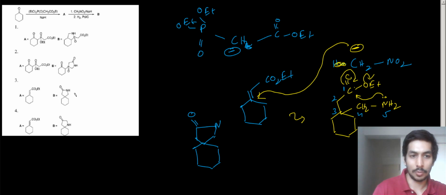So you can see among the options, in the third and fourth option, one NH is drawn over here, whereas there will be a direct interaction of the carbonyl carbon and the nitrogen over here, right? So that is why the correct answer over here is option number 3, right?